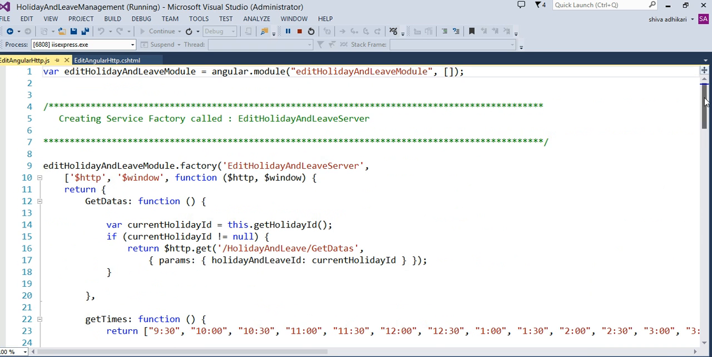Just like before, on the JavaScript side, I have a module, and the name of the module is edit holiday and leave module, and this is the same variable name as the name of the